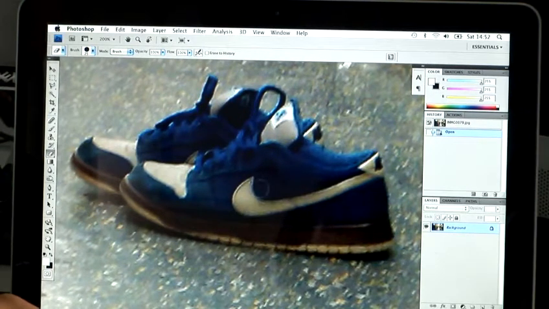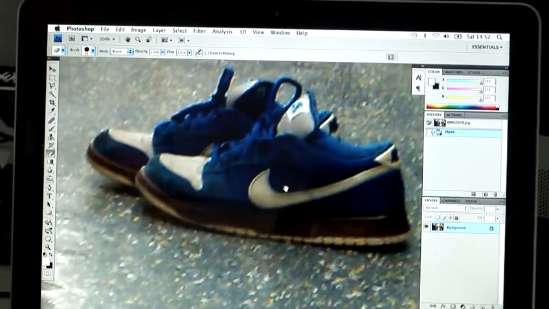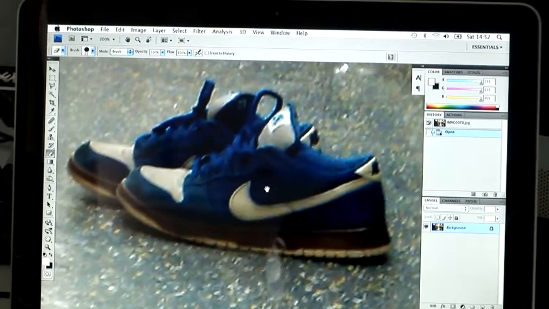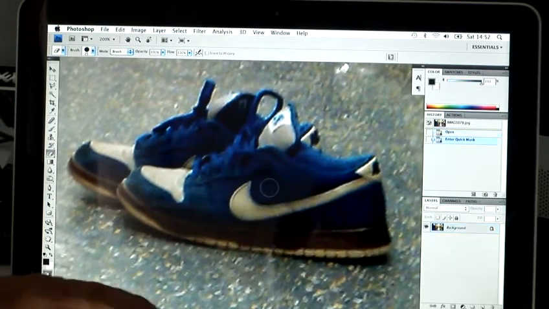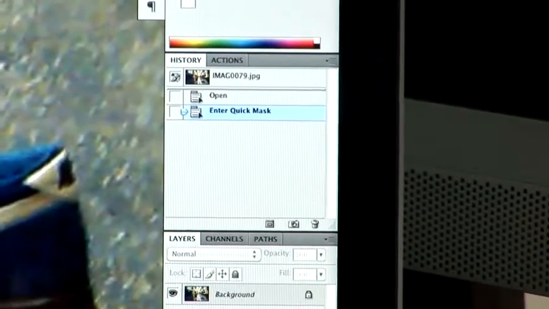So now what we're going to do is make a mask of the shoes, and we're going to mask them out so we can keep them on a brand new layer, so we can then make changes to the bottom layer. In order to make the mask, the quickest and easiest way is to press Q on your keyboard, which is enter quick mask mode. As you can see here in the history tab, we've entered the quick mask mode. And now using the brush tool, which is B as a shortcut on your keyboard,